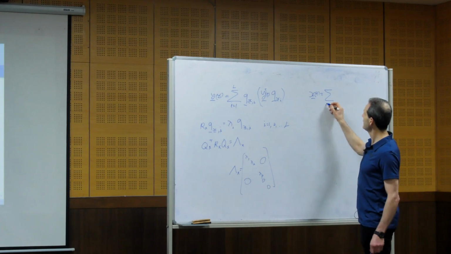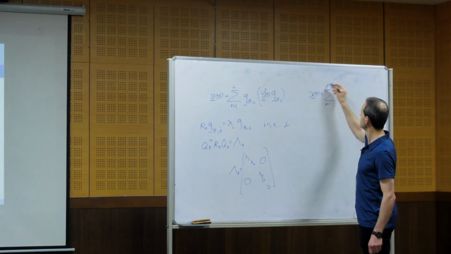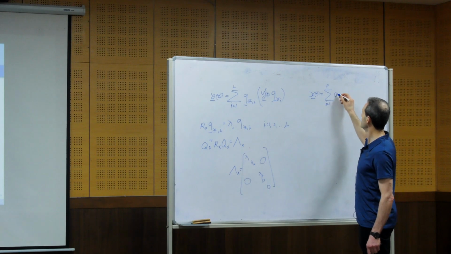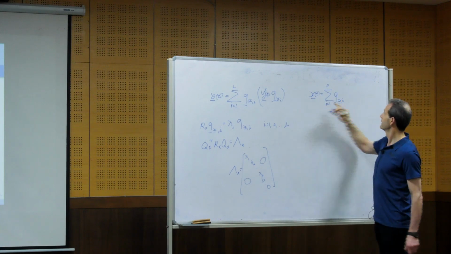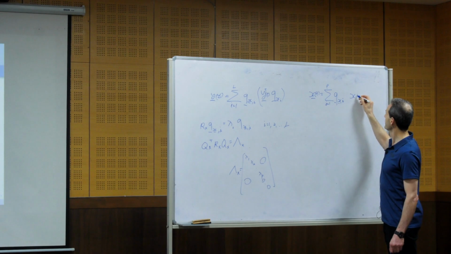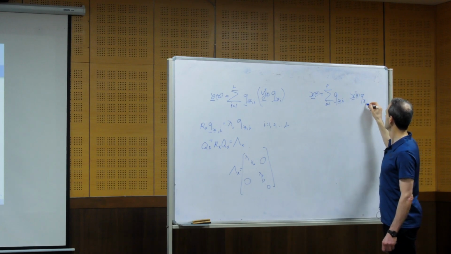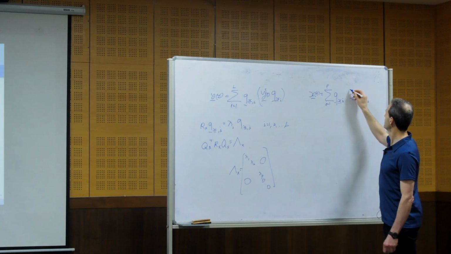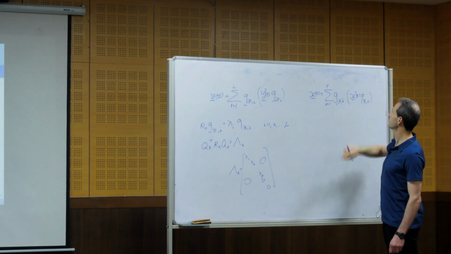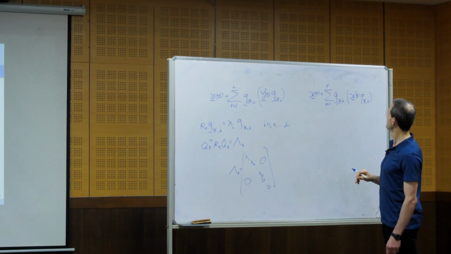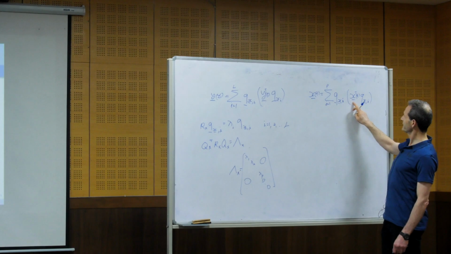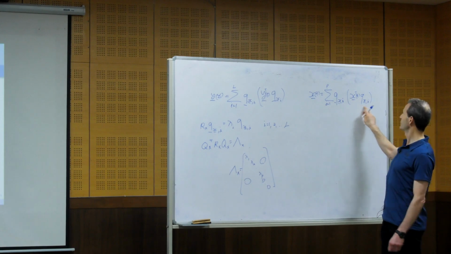So we have here i from 1 to P, qx i, x transpose qx i. These are the coefficients. And we know that this inner product,